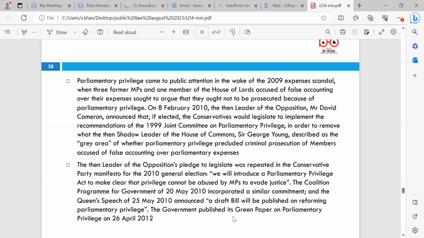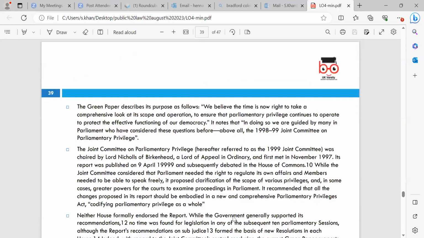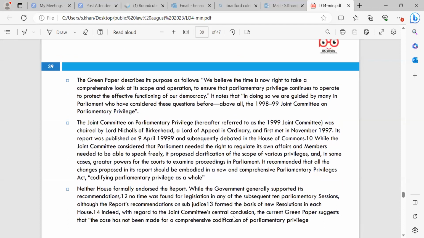What do you think the reason behind this was? Do you think people were abusing their power? Yeah, and this was introduced to avoid people abusing their power. Because you could claim for anything. It's taxpayers' money, and you could claim for whatever you wanted, and it wasn't really right, to be honest, was it? No, it wasn't. It's just people's money. Yeah. So if anyone can get a 65-inch TV and pay the rent and stuff, and it wasn't related to their parliamentary duties, then it was a criminal offence.